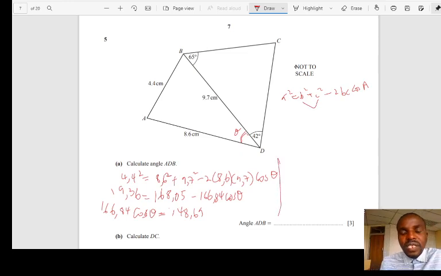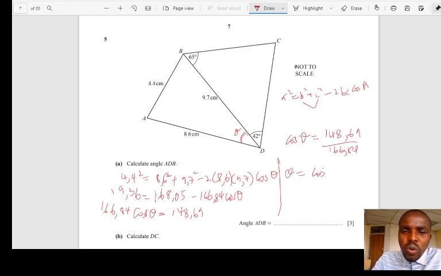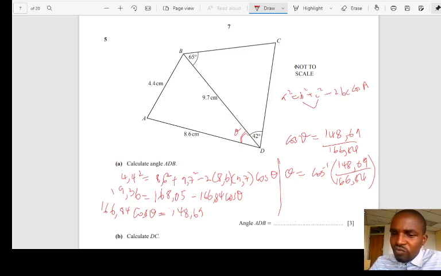Yes, there are straightforward formulas that you can use, but with cosine you basically just have to remember this one formula. Then from that formula you can find your side, you can find your angle without any problem. So here you say cos theta equals, then you divide both sides by 166.84. It's 148.69 divided by 166.84. Then your theta will be arc cos of 148.69 over 166.84, like this. Then you calculate, first you press second function on your calculator, then you press cos,